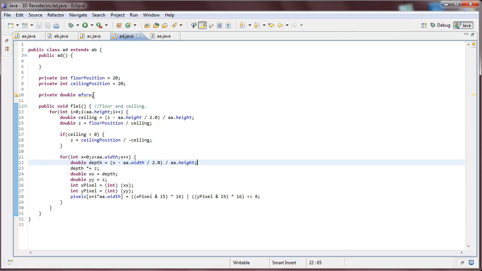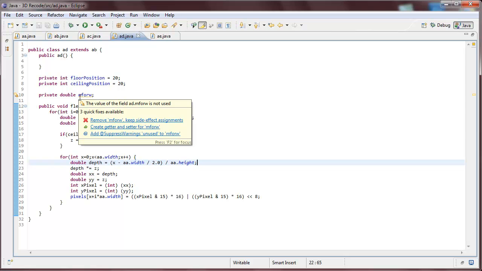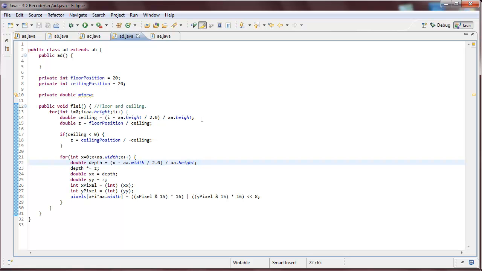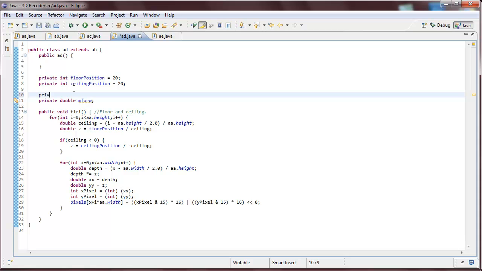And then in the M4, I'm actually not going to take the forward first. I'm going to start with the rotations first, to be honest. I think that's something that we will really need. So basically, what we're going to do is create a private rotation speed, a private integer, or double, it should be private double rotation speed